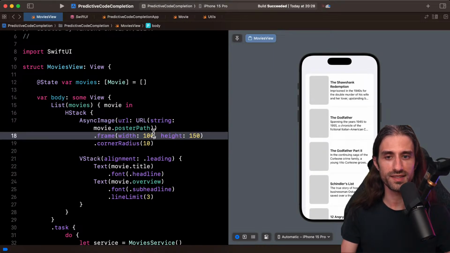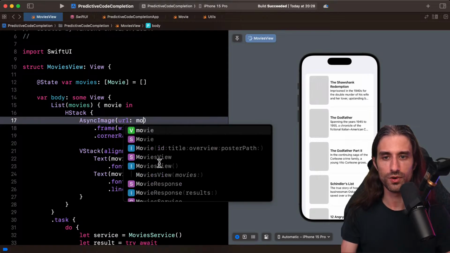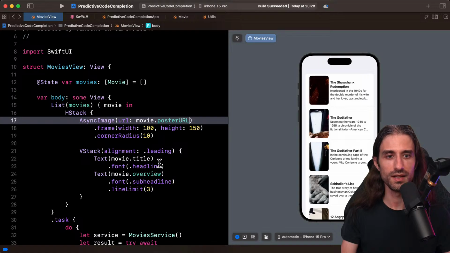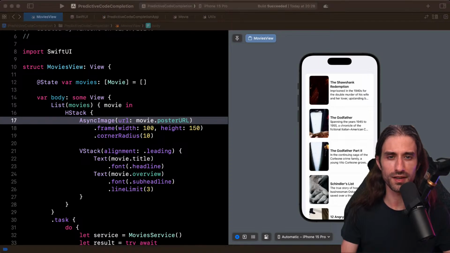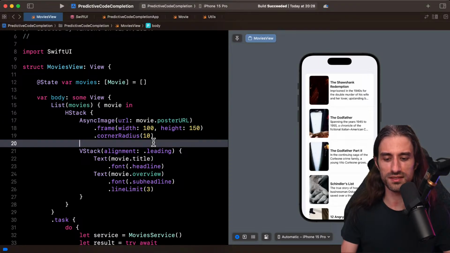So we are almost there, except that this is not correct. So instead, here I just want to do movie.posterURL. That's better. We just need to configure the image correctly because now it does a fill. We can see the posters, which are correct, but we only see the very center of the poster. But that's not a problem. We're going to fix that. So how can we fix this?